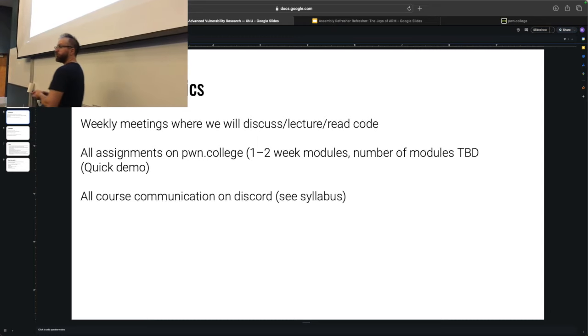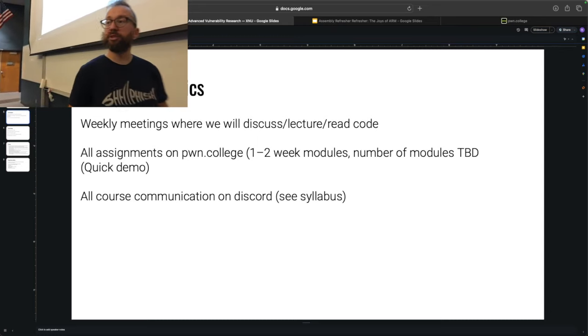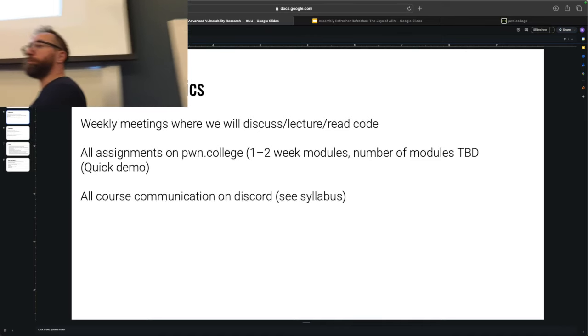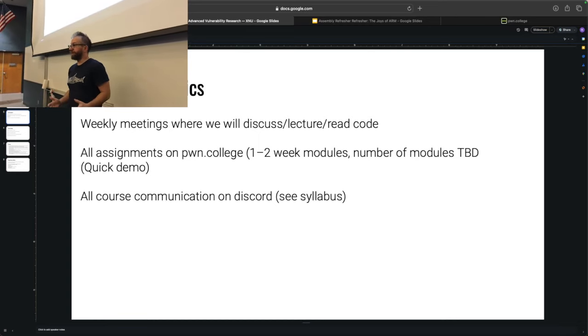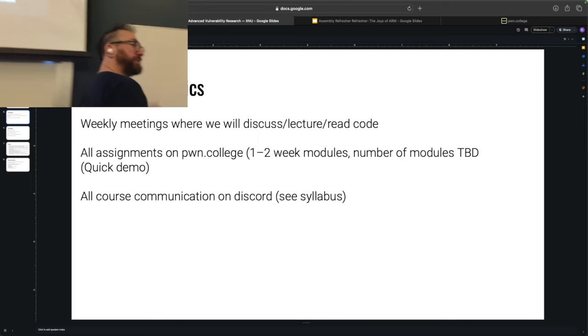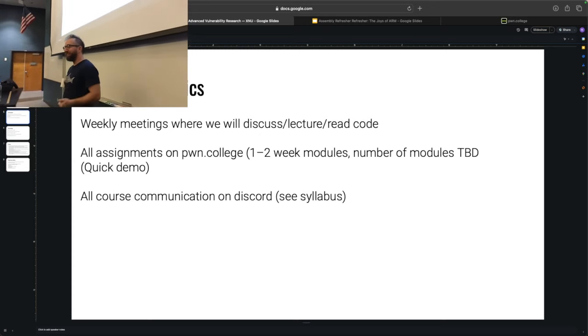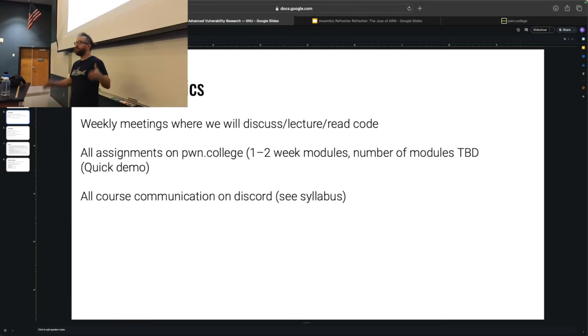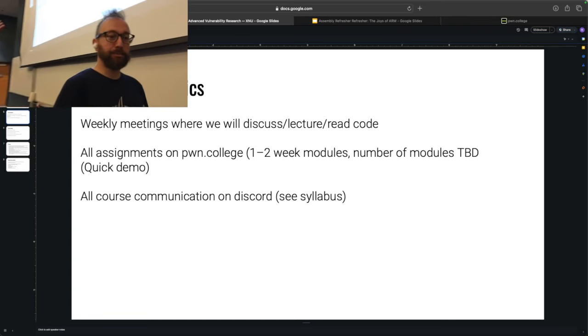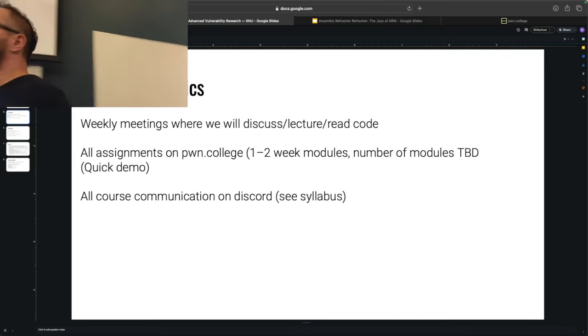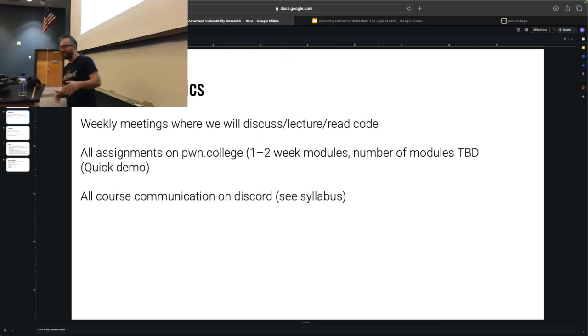In the weekly meetings, we're going to do whatever we need to do. Sometimes we'll do lectures. Sometimes we'll have discussions about XNU subsystems, about parts of the vulnerability research process. As the coolest professor at ASU, Adam Dupay has spent a whole sabbatical year finding bugs in XNU. This is an actual thing you can do, and you can make a living doing this. And we'll discuss that experience, lessons learned there. We'll read code. We'll spelunk through actual kernel code to try to understand bugs and dig into them and so